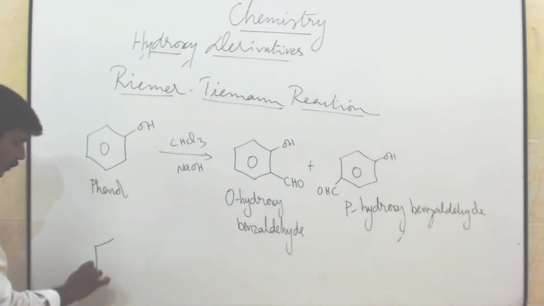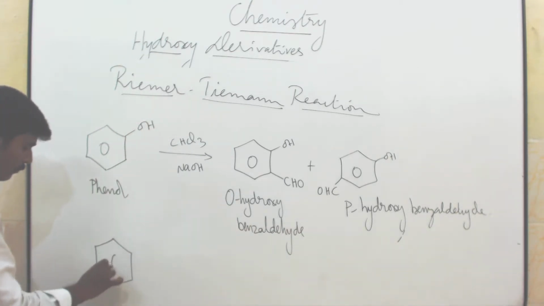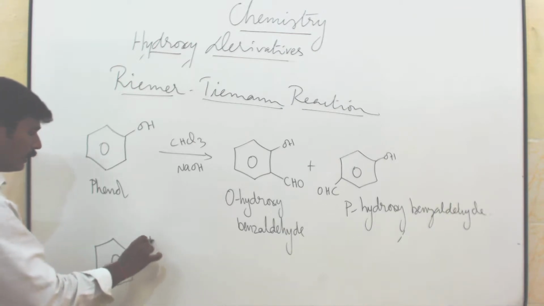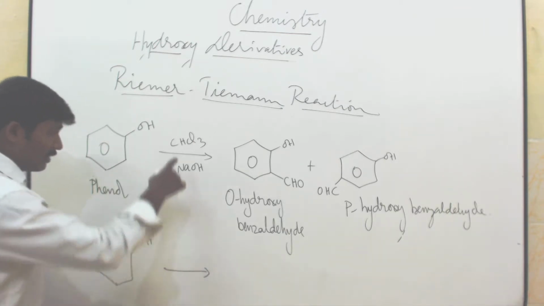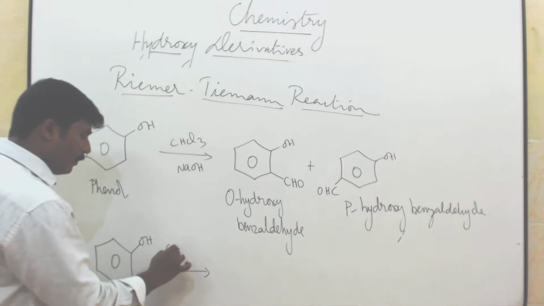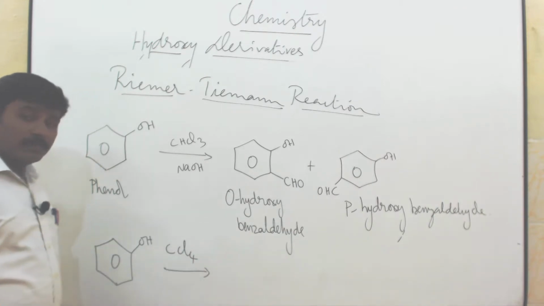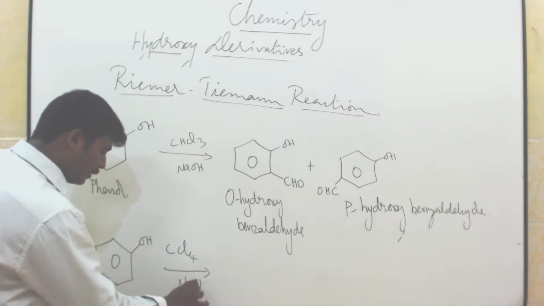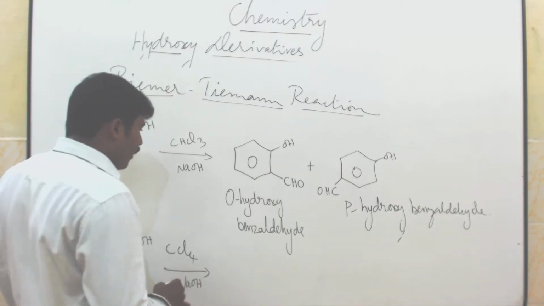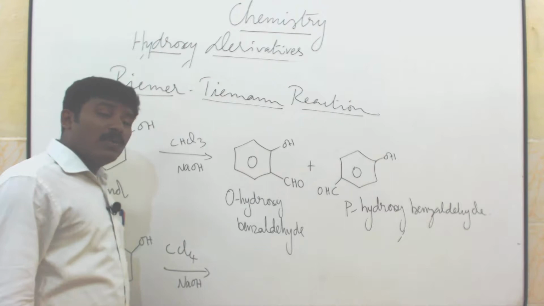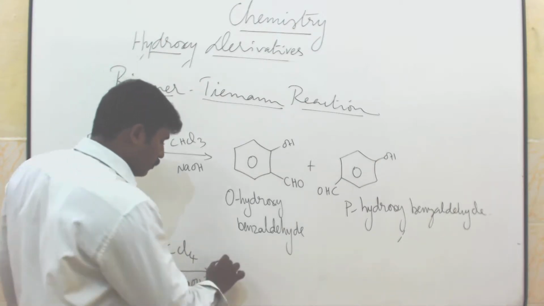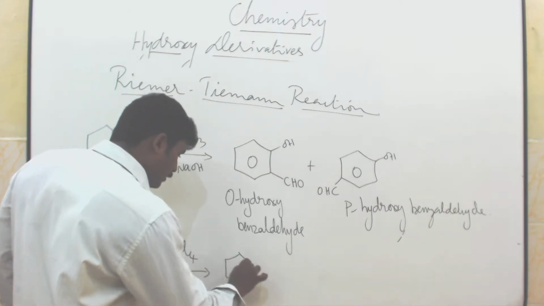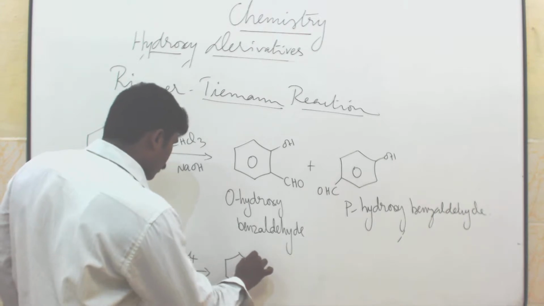In phenol, we are going to add, instead of chloroform, carbon tetrachloride and NaOH. Now, instead of adding aldehyde group, we are going to add carboxylic acid group, so that your product is